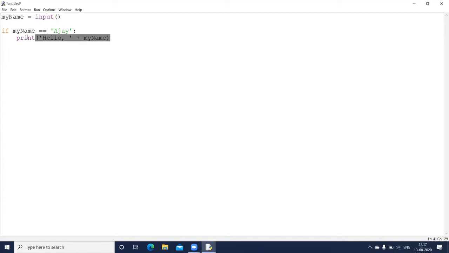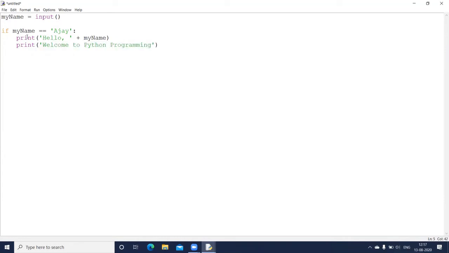Complete the round bracket. Press enter again, and it is still indented, so I can write one more statement. Let me write one more: welcome to Python program.